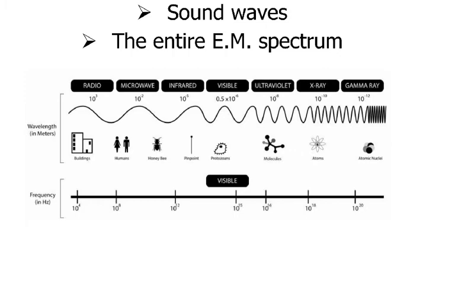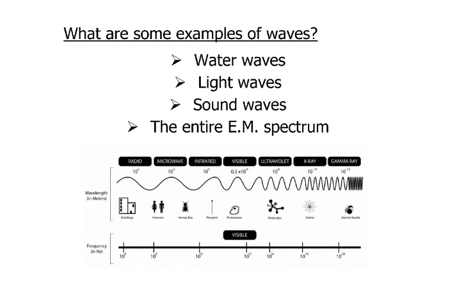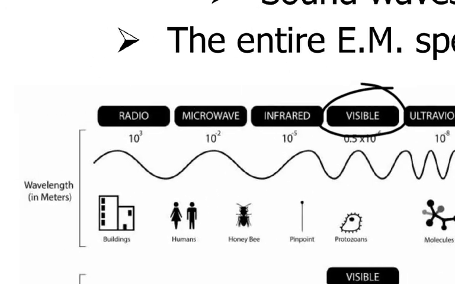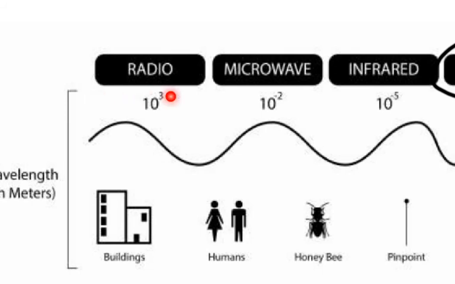Alright, so now we've got the question of what are some examples of waves? Well, we've already been talking about some. There's water waves. We can have light. Light is a wave. It's an electromagnetic wave, in fact. Visible light is right there on the EM spectrum. And then you've got sound waves, which travel through the air or water, or I suppose solid walls as well sometimes. And then you've got the whole electromagnetic spectrum, which includes all of these things: radio waves, microwaves,